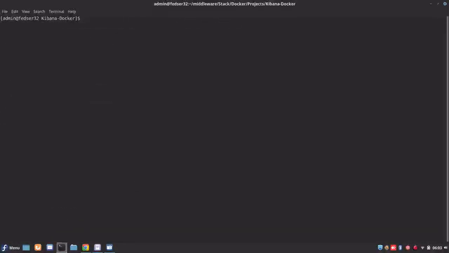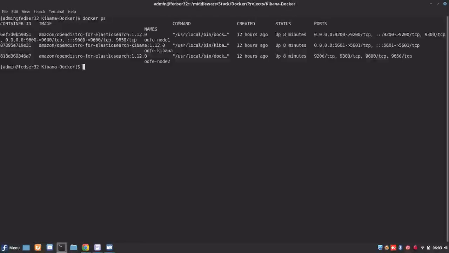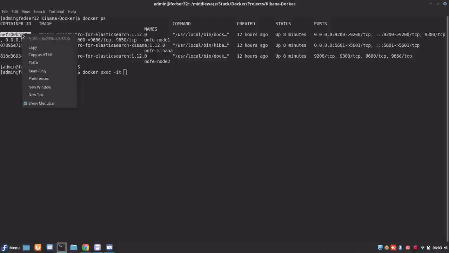Let me clear my screen and run docker ps so that we get to know what running services are available. And let me connect to the first node. This is ODFE node 1.